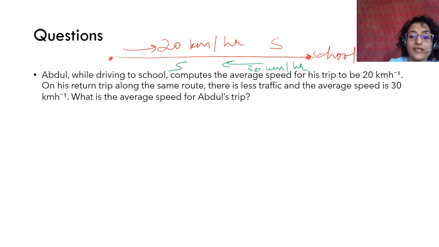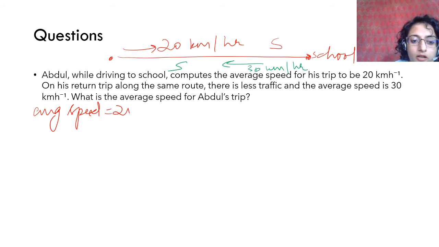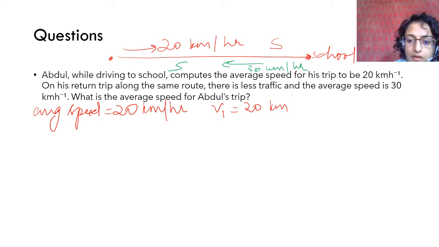अब आपको देयर इज़ अ सिंपल थिंग दैट यू हैव टू डू. यू हैव टू अंडरस्टैंड कि इधर एवरेज स्पीड दी है. सिंस वन वे और दूसरे वे इट इज़ स्ट्रेट, सो वी विल कंसिडर स्पीड और वेलोसिटी. ठीक है. एवरेज स्पीड फर्स्ट वे इज़ 20 किलोमीटर पर आवर. हम किलोमीटर पर आवर के स्पीड के अकॉर्डिंग चलेंगे अभी. ठीक है. एवरेज स्पीड इन द फर्स्ट वे इज़ 20 किलोमीटर पर आवर. सो दिस विल बी V1 is equal to 20 kilometer per hour.